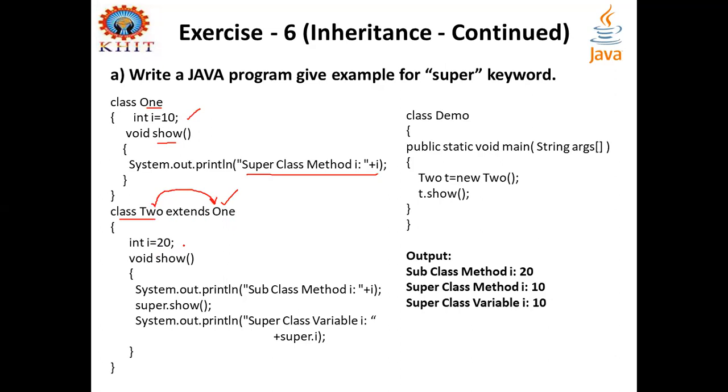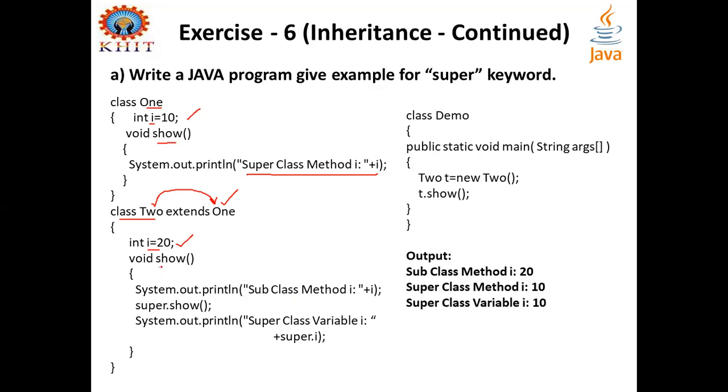And inside of this class 2, it has one member, an instance variable i, with the same name as the instance variable in class 1. So this integer i hides the integer i variable in the superclass. So this is the problem in inheritance. This can be overcome by using the super keyword, and we can call through the class 2 objects any member in the superclass with the same name. The super keyword eliminates the naming confusion for objects of the subclasses.